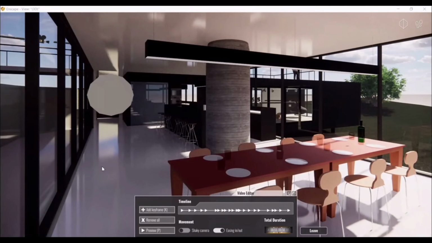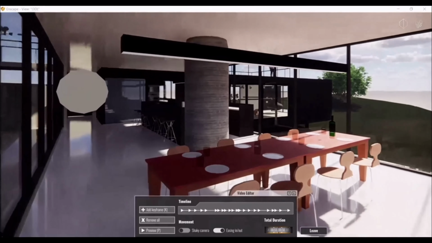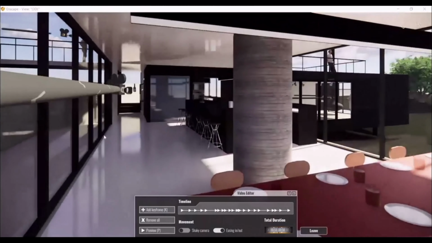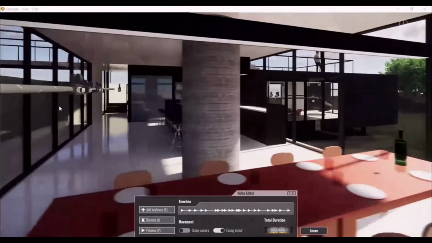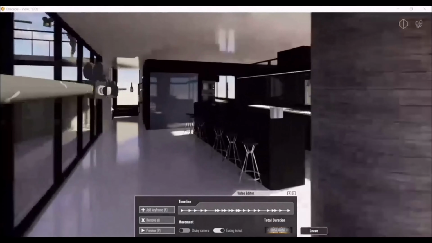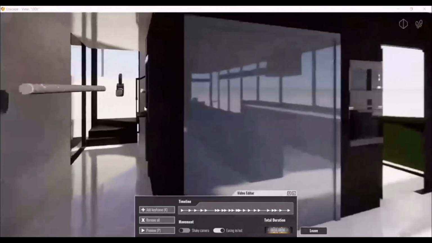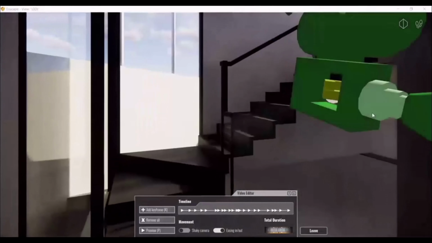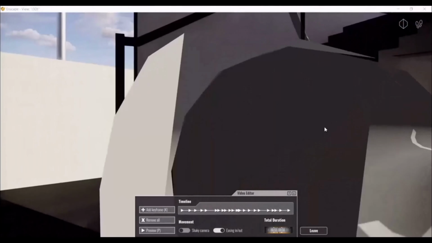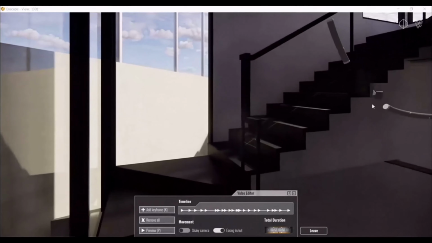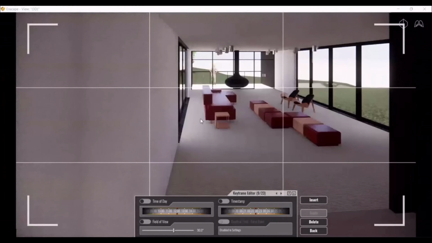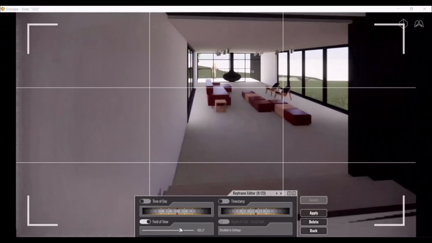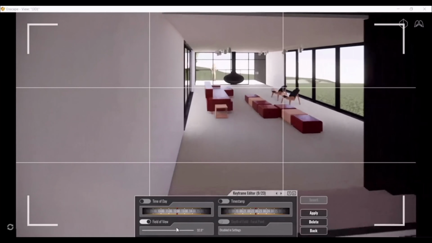Suppose you want to change the camera position somewhere. You see this camera path, this path has been created. Go around, and you will see this path has been created, and the cameras where you have placed the keyframes. If you select one and you want to change the field of view, from there you can change the field of view like this.